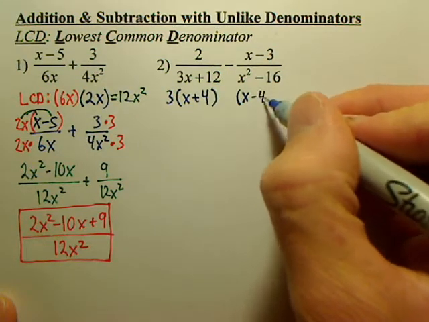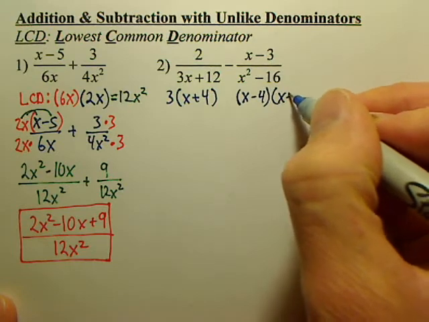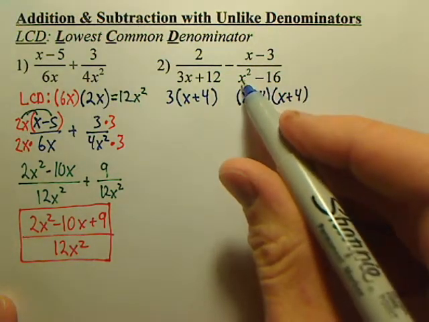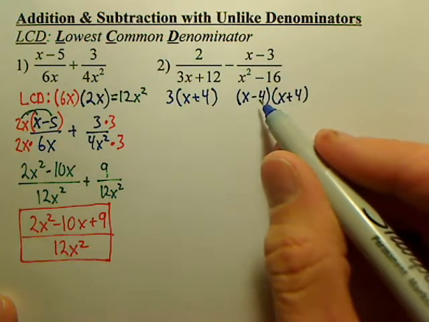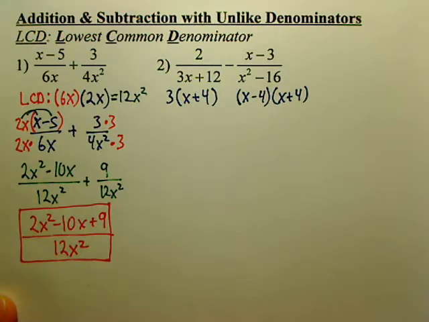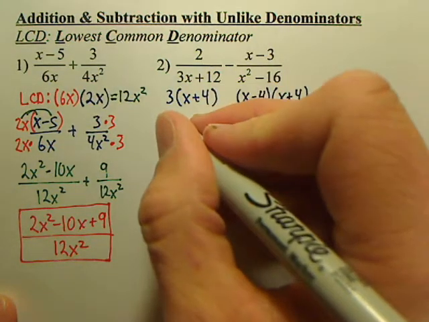So that would be (x − 4)(x + 4). Difference of squares: you always go, whatever squared gives you this, whatever squared gives you this, one plus, one minus. So that would be the factored form. Both bottoms are factored. Now we want to find our